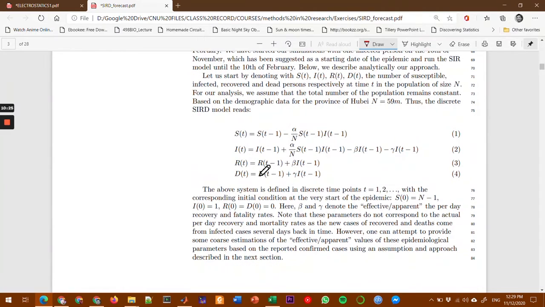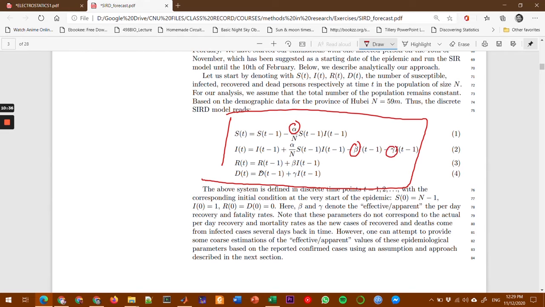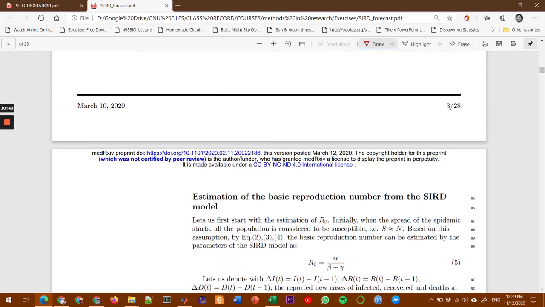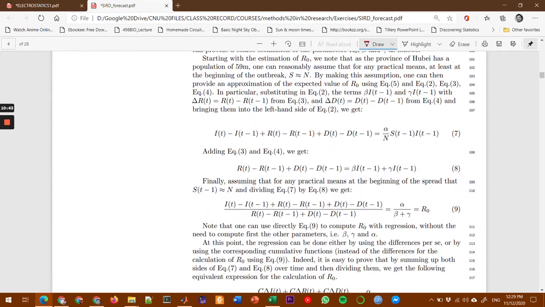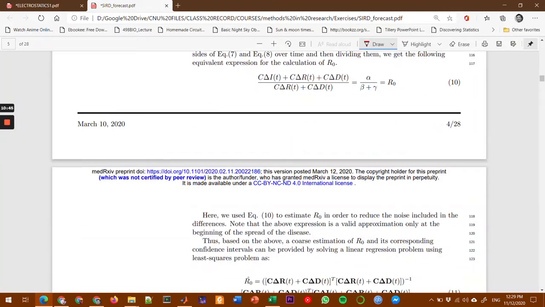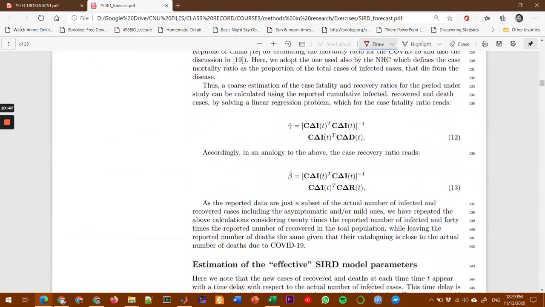Take a look at these equations. These are what we use to get the SIRD. So we need these values, alpha, beta, and gamma, to make the forecast. In their paper, these are the formulas we use to get